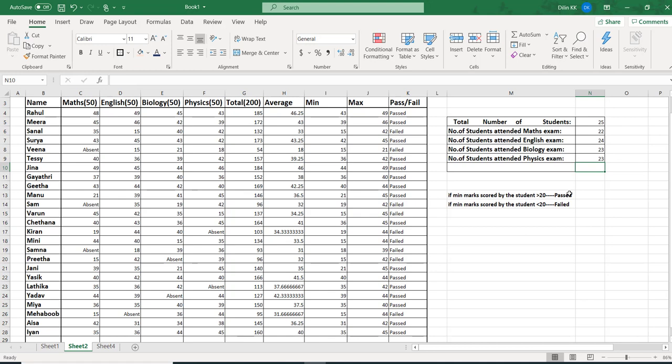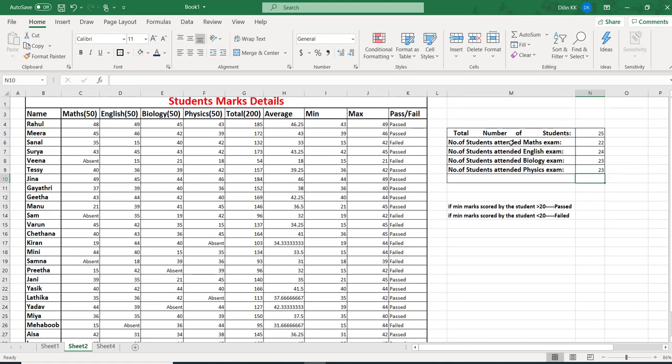And 23 students attended the physics exam. So here the count A function is used to count all cells in a given range, and the count function only counts the numerical values.